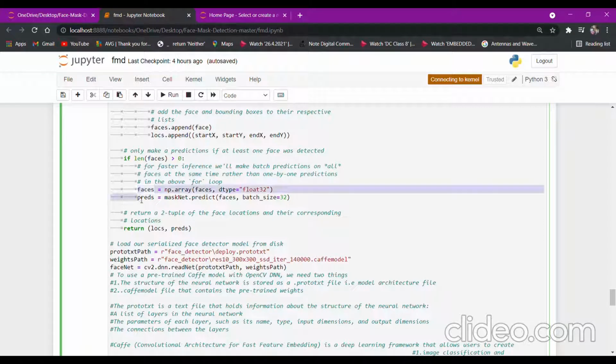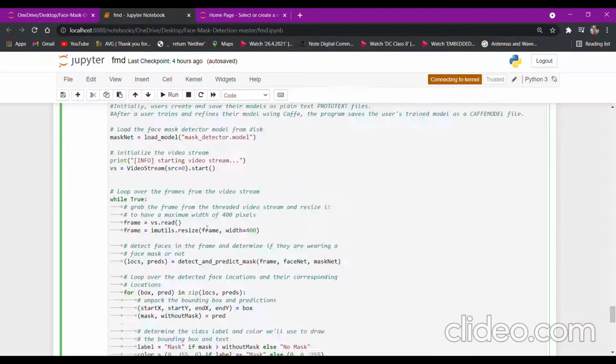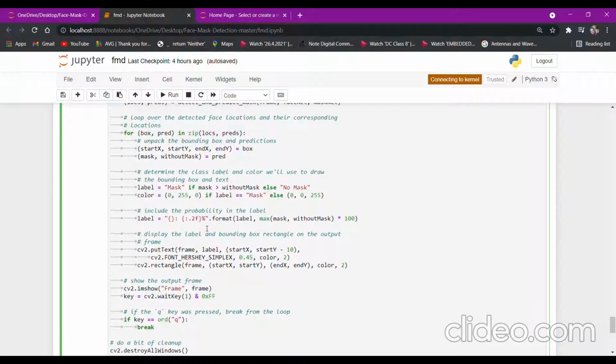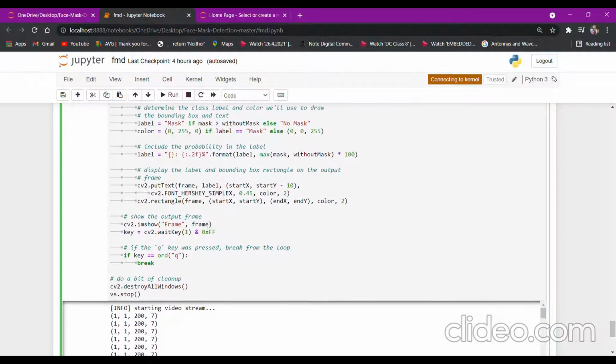We are taking the locations and predictions as the two return values from the function. Once we get those two values, let me run the code simultaneously.